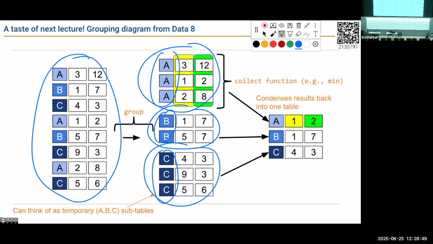And then to each of those sub-data frames, we want to apply some aggregation function. In this case, it looks like we're grabbing the minimum of each column. Once we've done that, we bring all of the data frames back together into a new final table. What you see in Python is straight from here to here. You don't see the middle step going on in the background, but you have to understand what's going on in the background to really grok grouping.